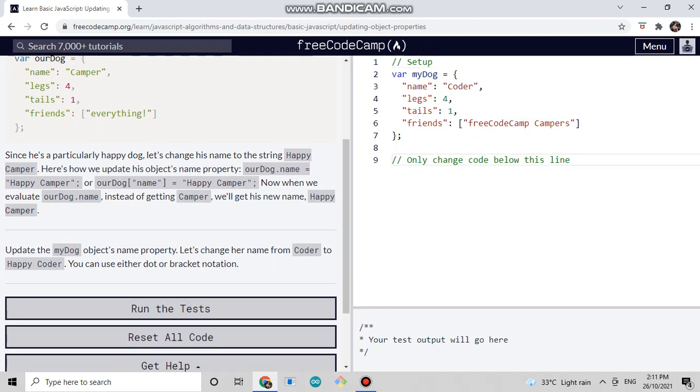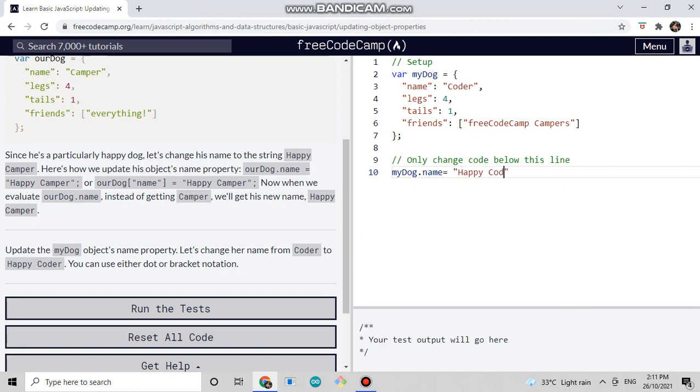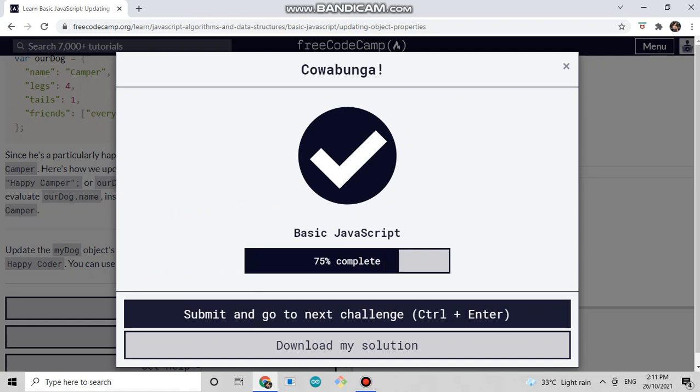So myDog.name is equal to Happy Coder. Let's try. Okay, next,